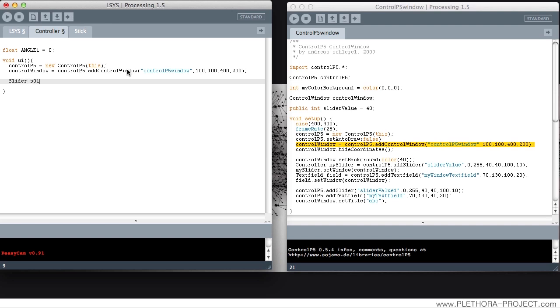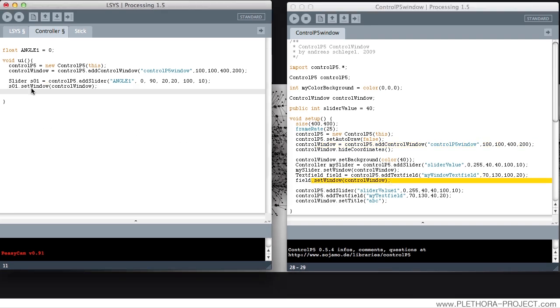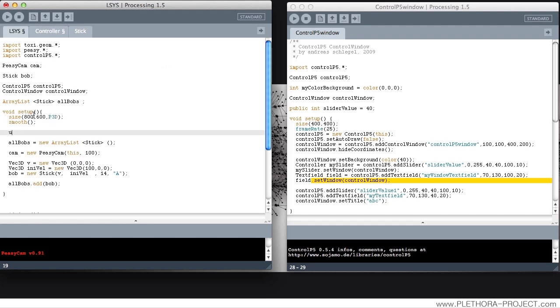And then slider S01 equals control P5 dot add slider. In this case, it's going to be called angle 1, that goes from 0 to 90, that is located in 20, it's 100 units times 10. Right, and S01 belongs to the control window, right? So if we call this function UI here,